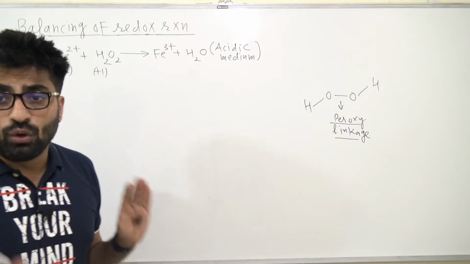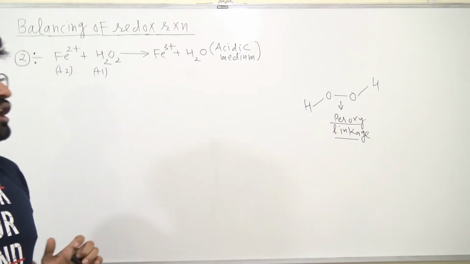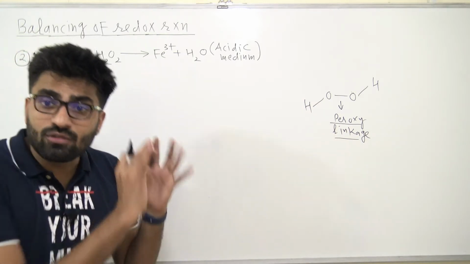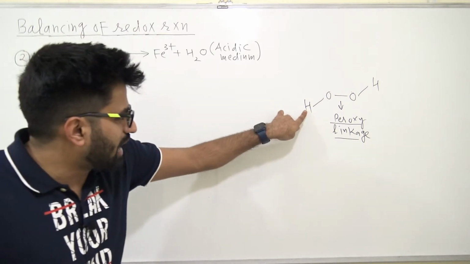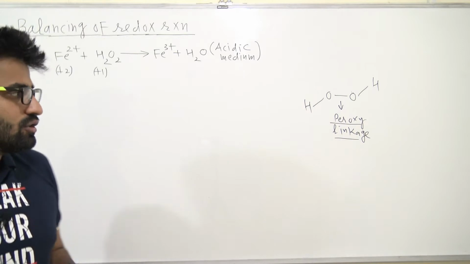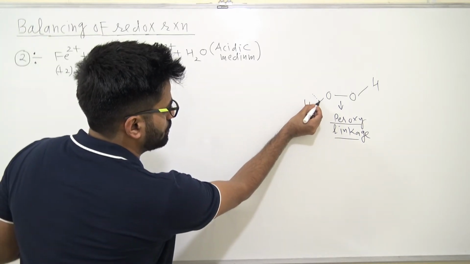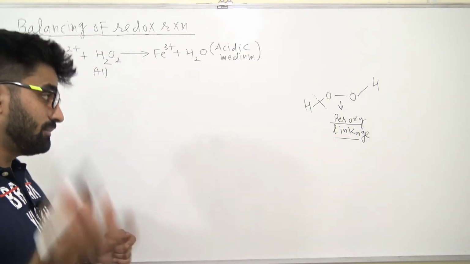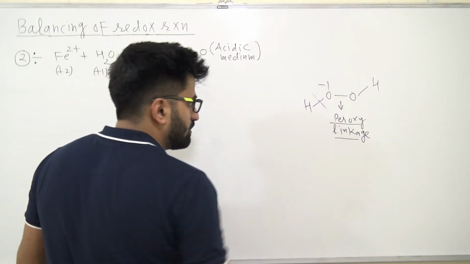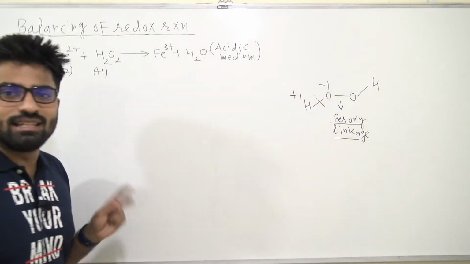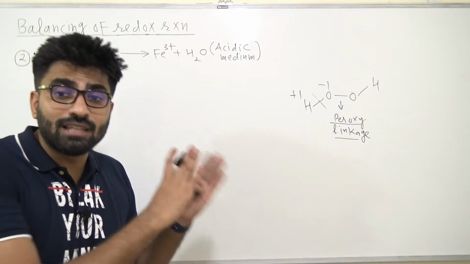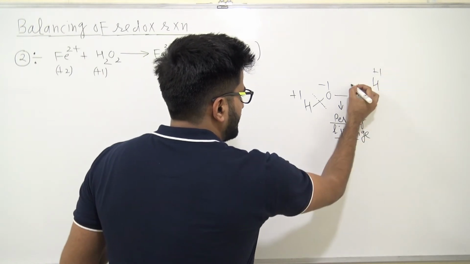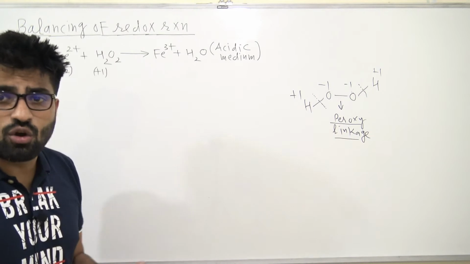Since it is a peroxide, this is the structure. I hope you know that with the help of the structure, when you calculate oxidation number, you always get it right. So this is hydrogen, this is oxygen. Since it is a single bond, we break the single bond to check the oxidation number. Who is more electronegative? Oxygen, obviously, is more electronegative than hydrogen. So when you break this bond, oxygen will get -1 and hydrogen will get +1, right? This is the best method to check oxidation numbers, but for that you should know the structure. Similarly, when you break this bond, it will get +1 and this will get -1. This is the conventional method of checking oxidation number.